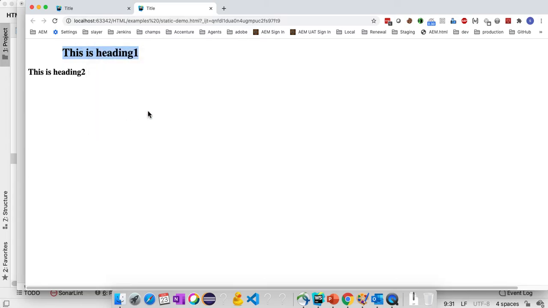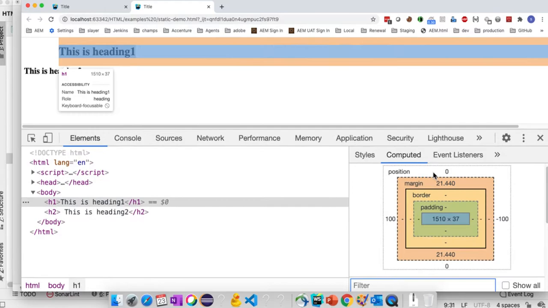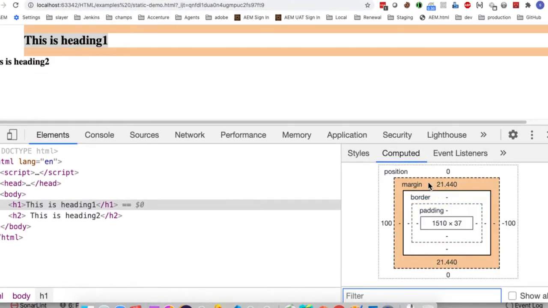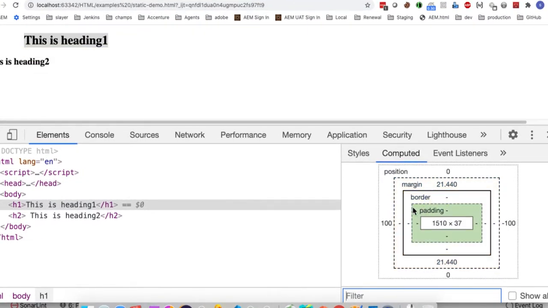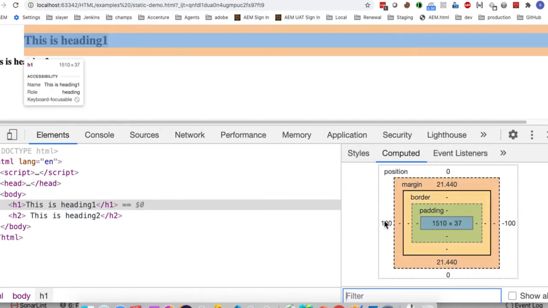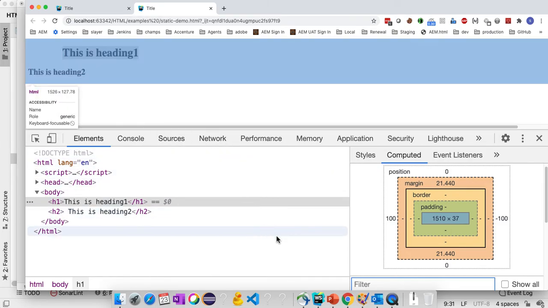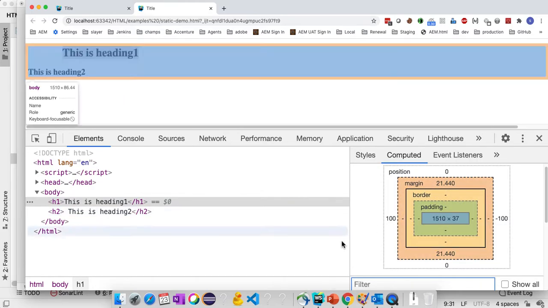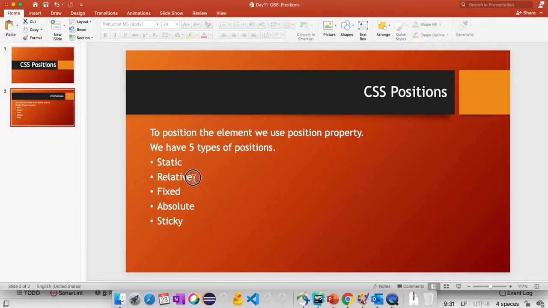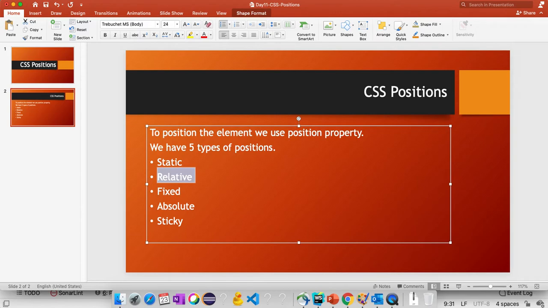The main important thing here is that it is not a margin, not a border, and not padding that we have applied. We have applied left 100, which means it is starting after 100 pixels. For using left, right and the other properties, we need to use position relative. With position relative, we can set additional properties like top, right, bottom and left.